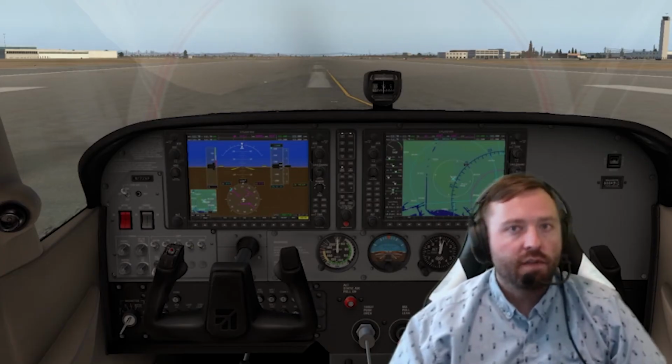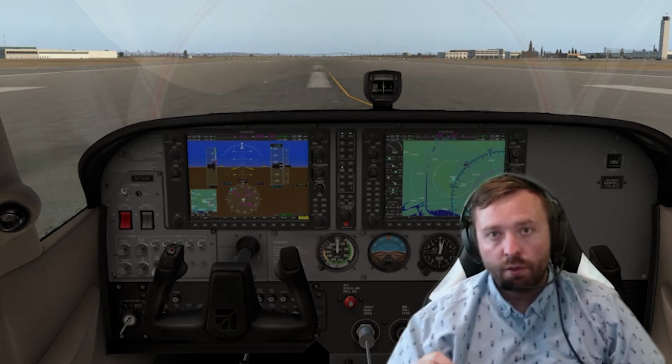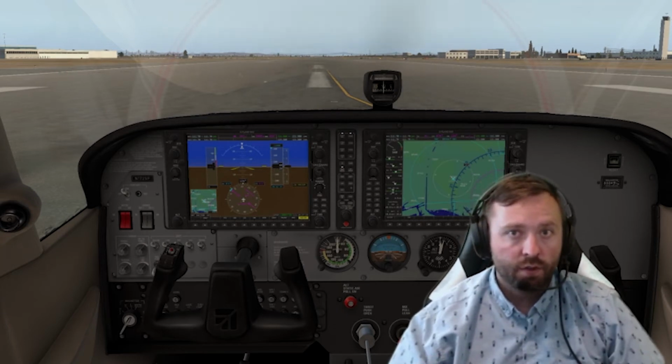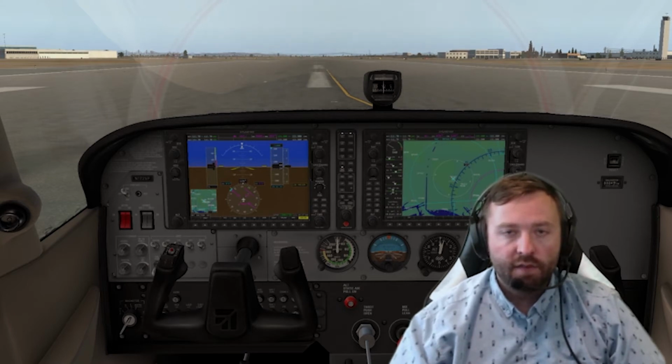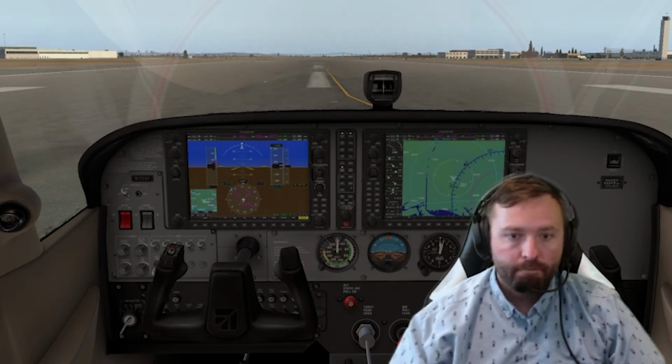To be ready for Microsoft Flight Simulator 2020, you're going to need to know these basic 7 flight controls. If you already are a flight simmer or a flight enthusiast, you probably already know them, but we're going to go ahead and go over them. The 7 basic flight controls are the following: pitch,